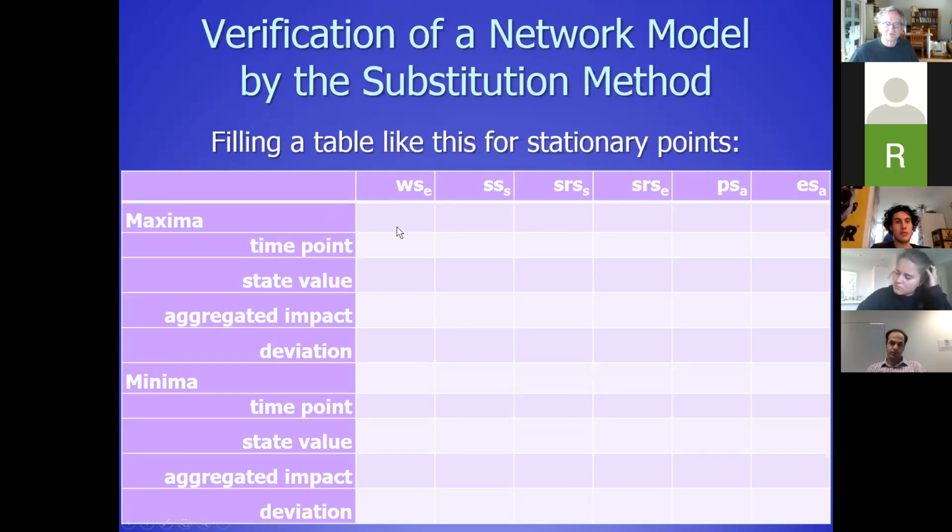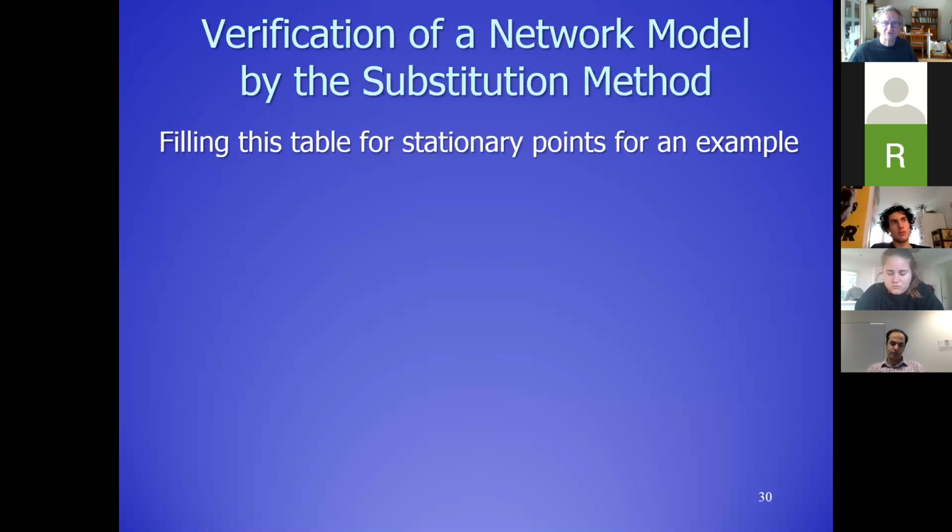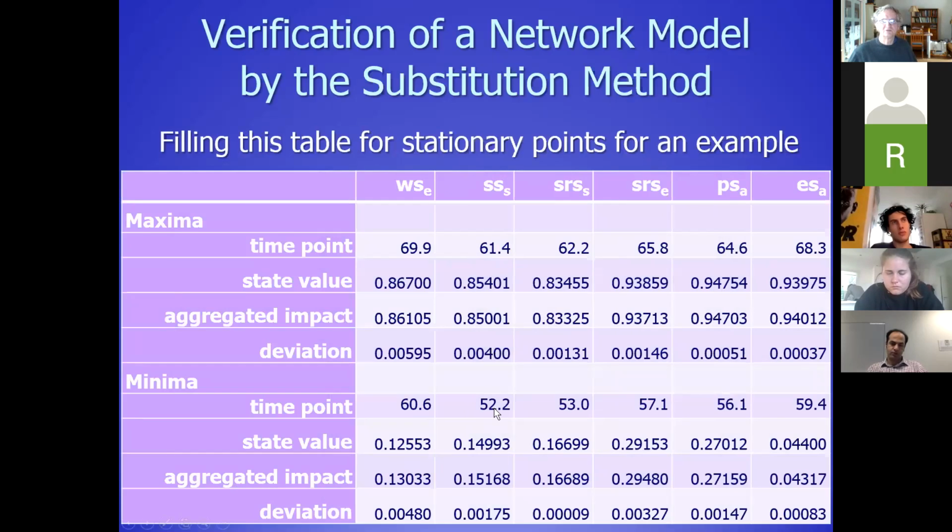You select states. There can be columns for states, or maybe more columns for one state if there are more stationary points for it. Then you indicate for the maxima, for example, the time points and the state value, and the aggregated impact that you will calculate like I've shown, and then the difference between the two. That's what you fill in all these cells. And also for the minima, then you get such a table with numbers everywhere, and then you see that these numbers have small differences, like